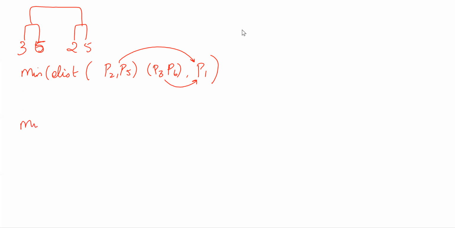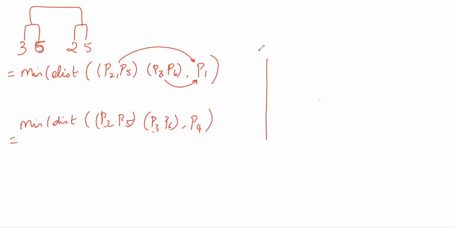Again, I'm going to identify the minimum distance from P2, P5 with P3, P6. I already have P2 here, I can't take; I already have P3 here, I can't take. What I can take next is P4. I can't again take P5 and P6 because they are already there. So I have only two calculations to perform over here. You calculate that and let me know. Meanwhile, I'll create the distance matrix for that.